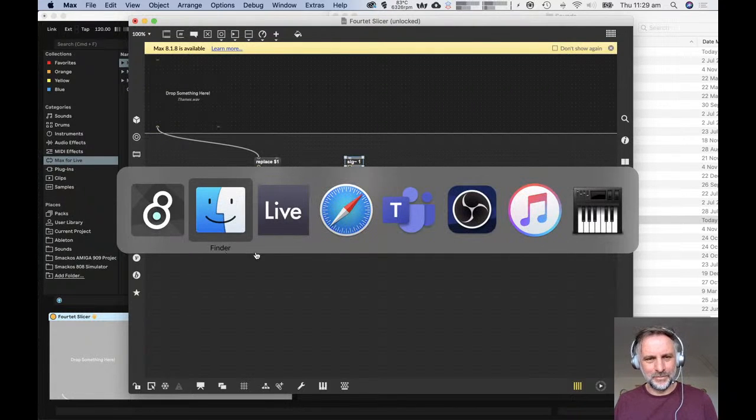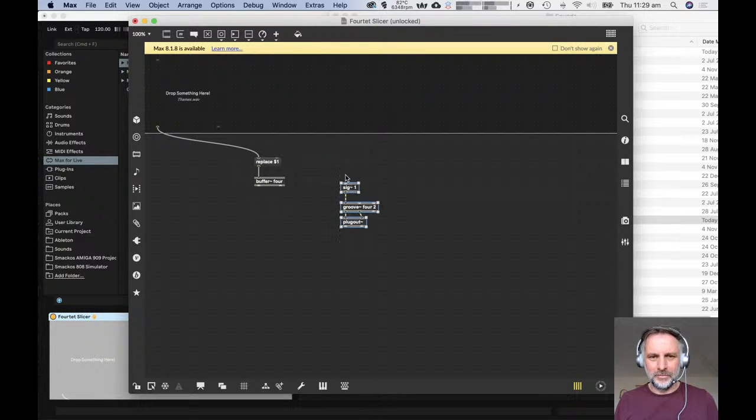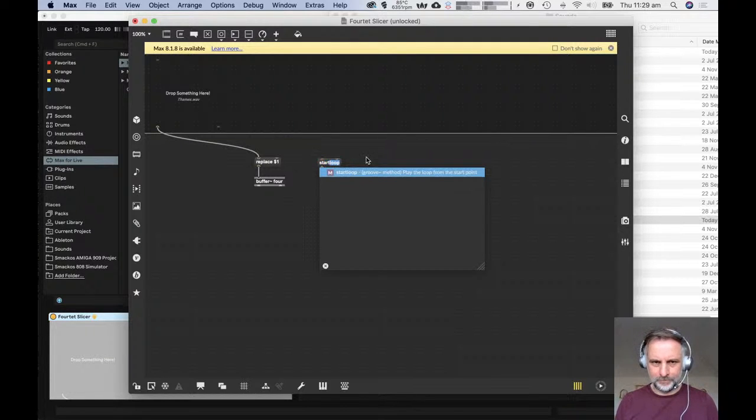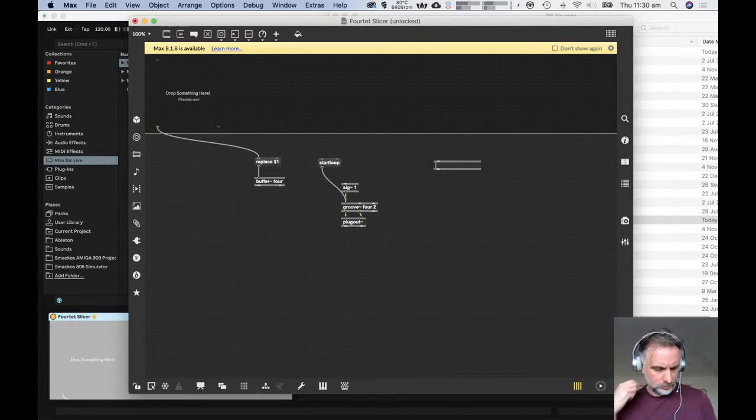Which immediately plays the audio, which I'm assuming goes out to the stream there. To subsequently make Groove play, we need to send it a message, start loop, and then it will start playing. And then to get it looping, we need to turn its loop attribute on, which we can do in a